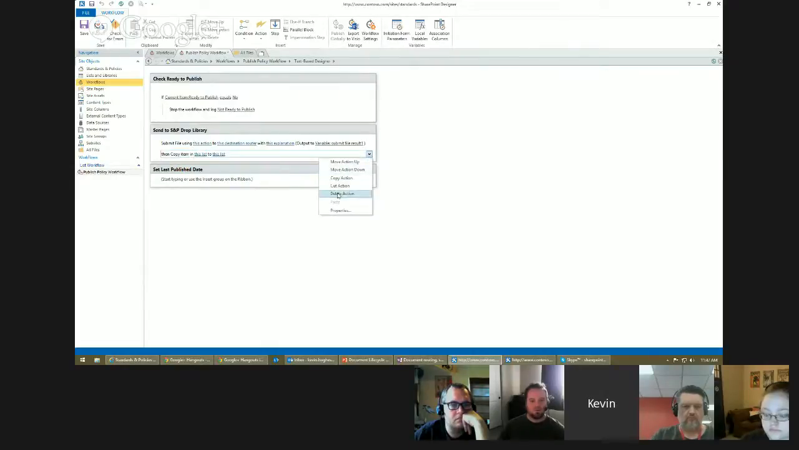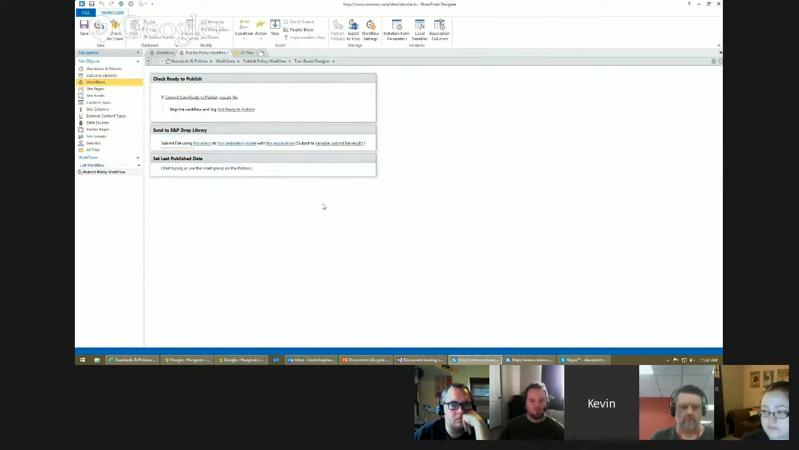So let's get rid of that action, and we're going to submit file using this action. Notice these are the same actions we have available when we created our routing rules for our content organizer rules: copy, move, and leave a link. Again, we're going to copy,